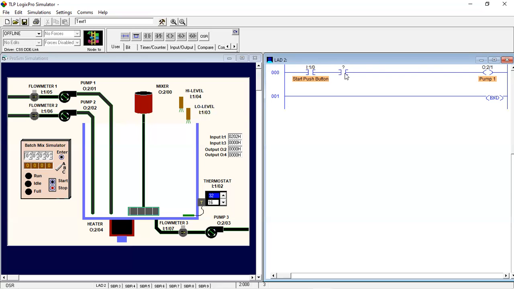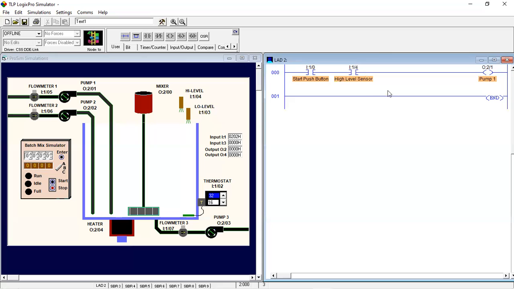We will take an input instruction and put the address here, and you can edit the symbol name to high level sensor. Our high level sensor senses the liquid when our tank is full.